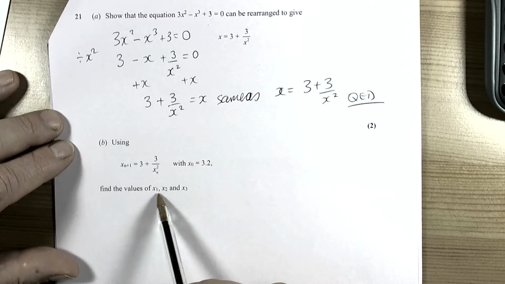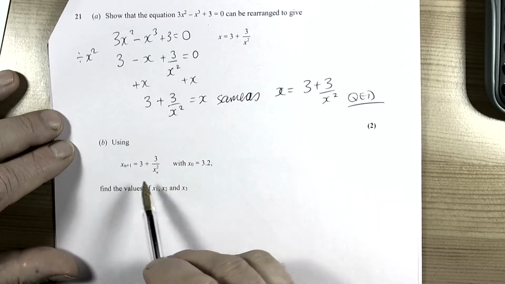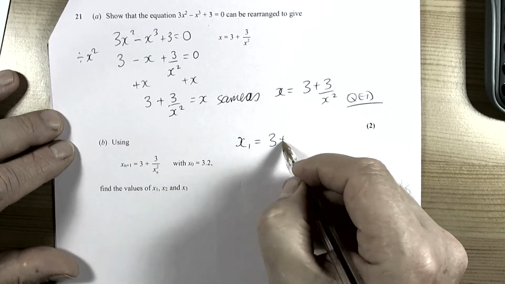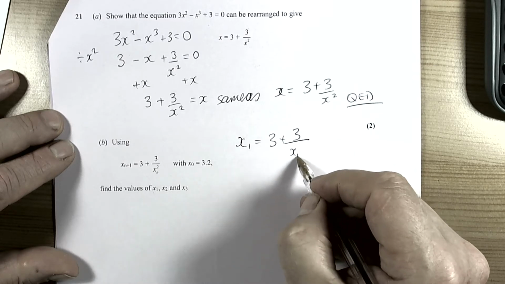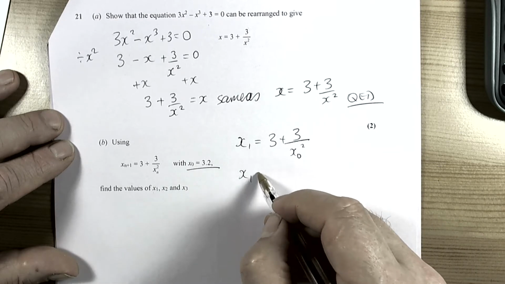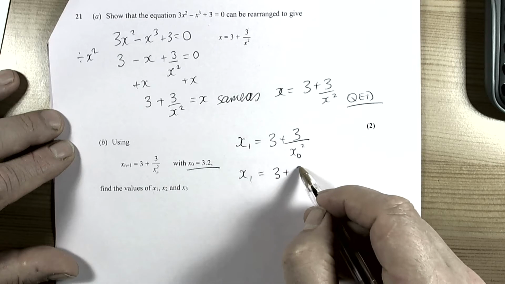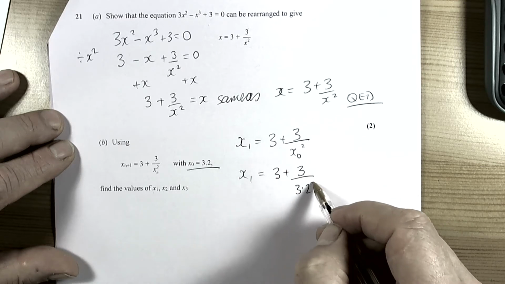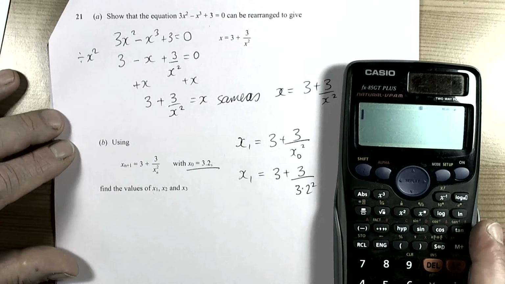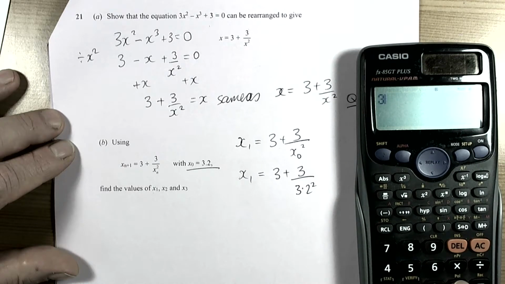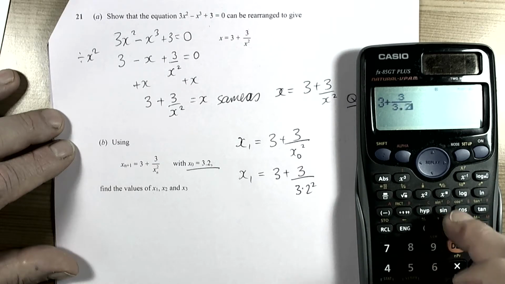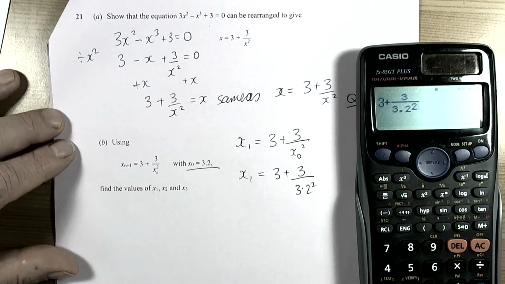So basically we're going to find the values of x1, x2 and x3. So x1 is going to equal 3 plus 3 divided by x0 squared, and they're telling us that x0 is 3.2, so x1 is going to equal 3 plus 3 over 3.2 squared. So with iterative formulas like these, then be really careful how you put it in your calculator. So 3 plus fraction 3 over 3.2 squared equals,